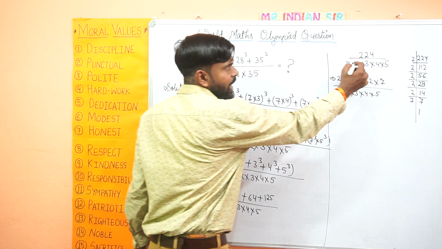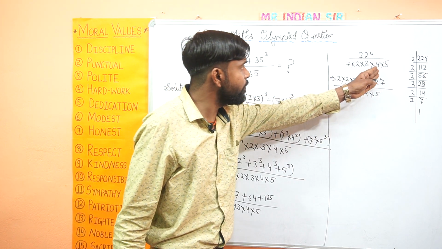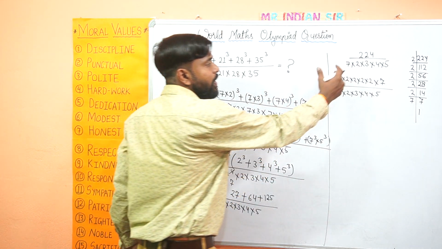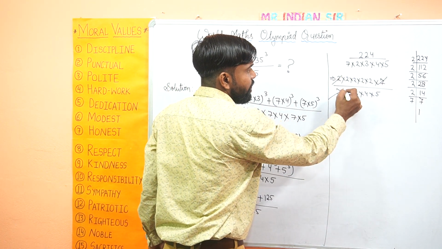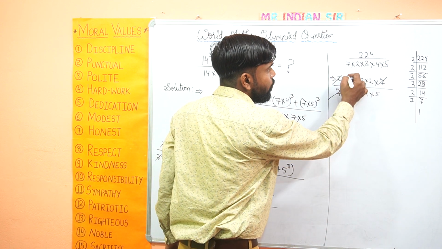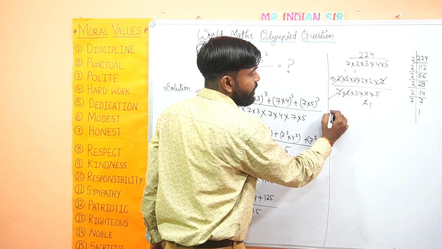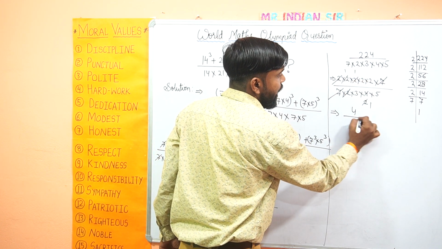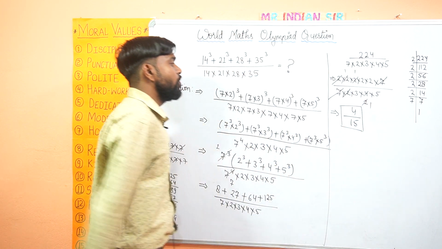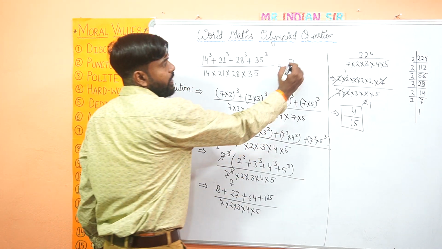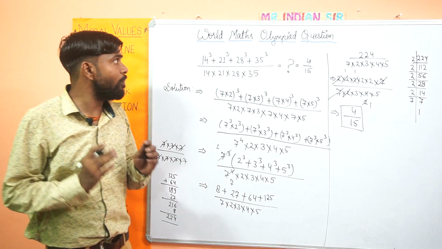I could have directly cut, guys. I could have done this: 2 ones are 2, 112, then further I would have cut it by 4, whatever possibilities were there, but this has made it easy now. So 7 is cutting with 7 in the numerator and denominator. Then again 2 is getting eradicated completely. Now 2 ones are 2, 2 twos are 4, again 2 ones are 2 here also. So what are we remaining with now? 2 twos are 4, and in the denominator 5 threes are 15, and this is your final answer for that question, 4 upon 15. So you can write here 4 upon 15 as the answer, and this is how you can solve such complex World Maths Olympiad questions.